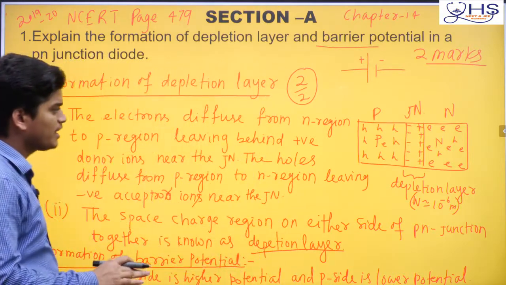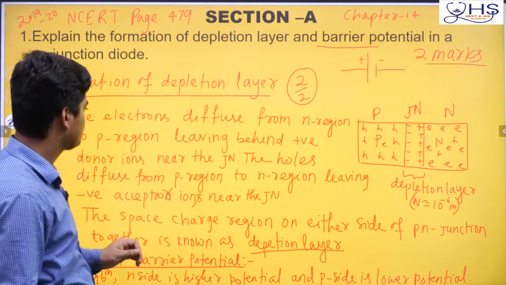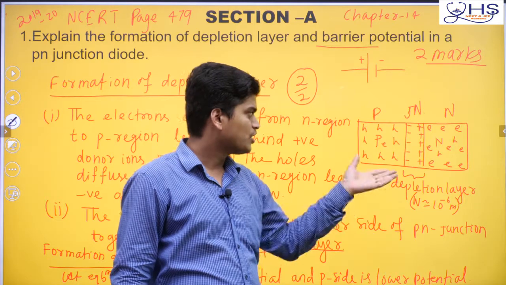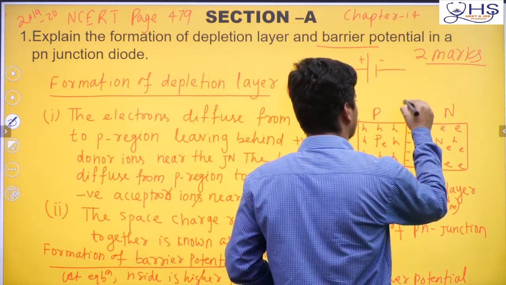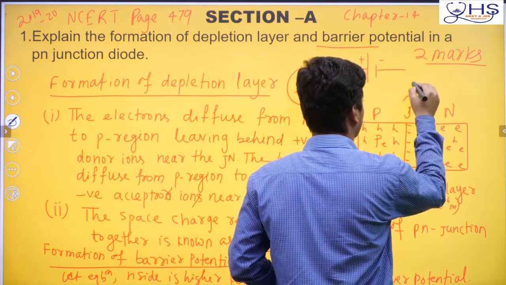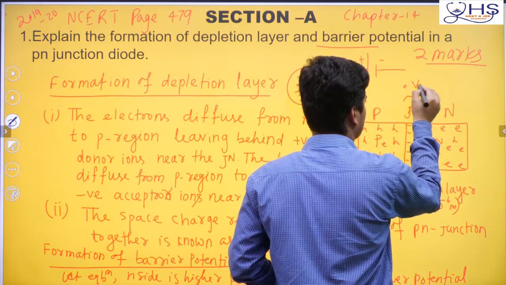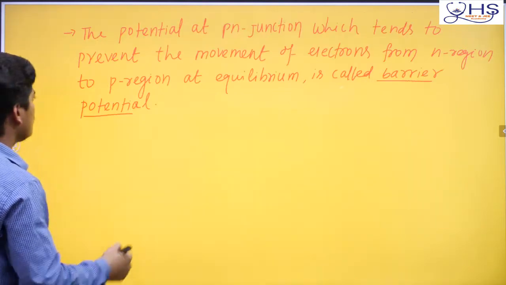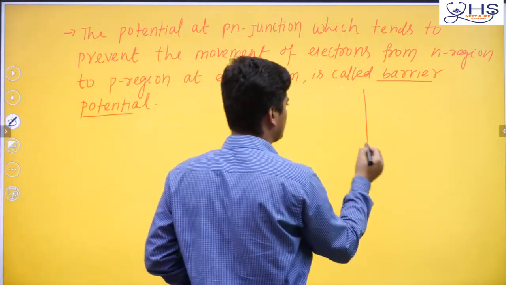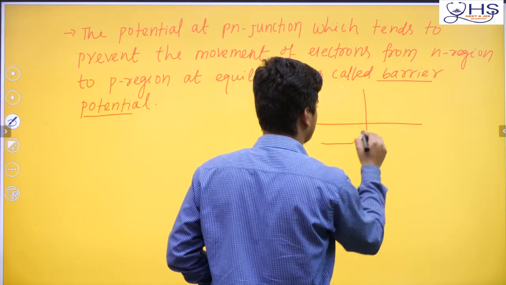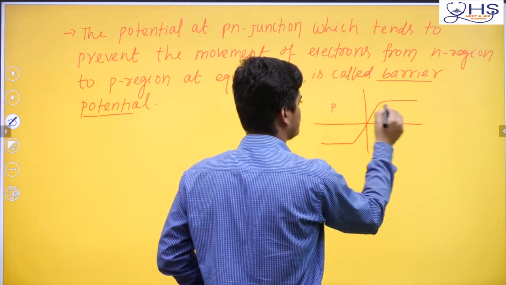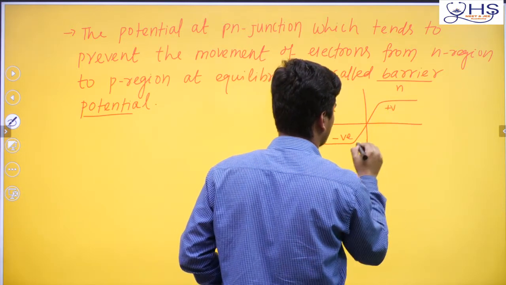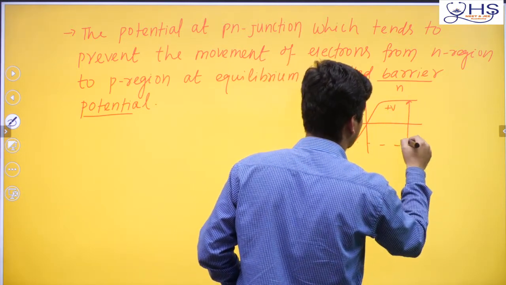So this type of things will be there, and one picture will be there nicely. You can tell also this is majority charge carrier, some minority charge carrier. Okay, so this and you can represent also, this is your VB. So whatever it is potential here, some potential will come basically, that is VB, like that you can mention this depletion layer. Or if you want to do also, I did not ask, but you can just mention here, this is your P side, this is your N side, and here it is little negative potential, here it is positive potential, and here you have some barrier potential.